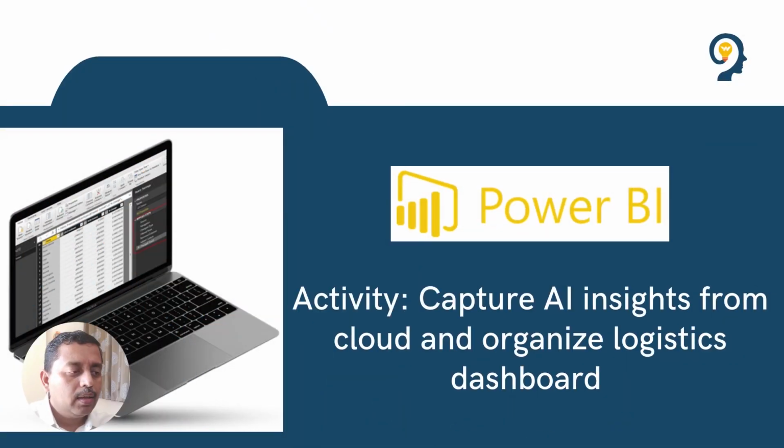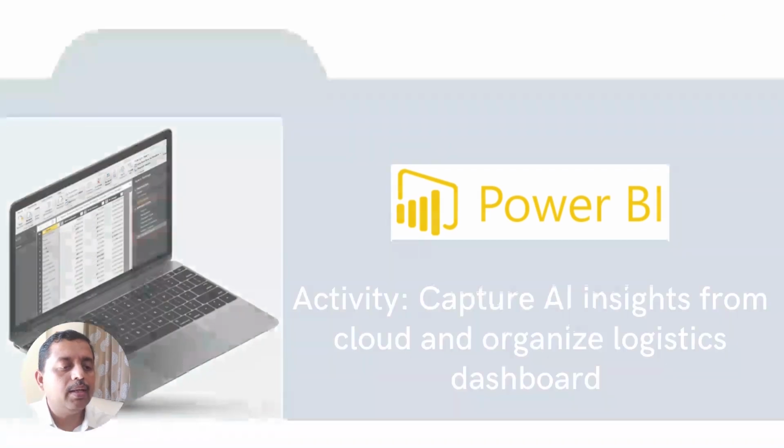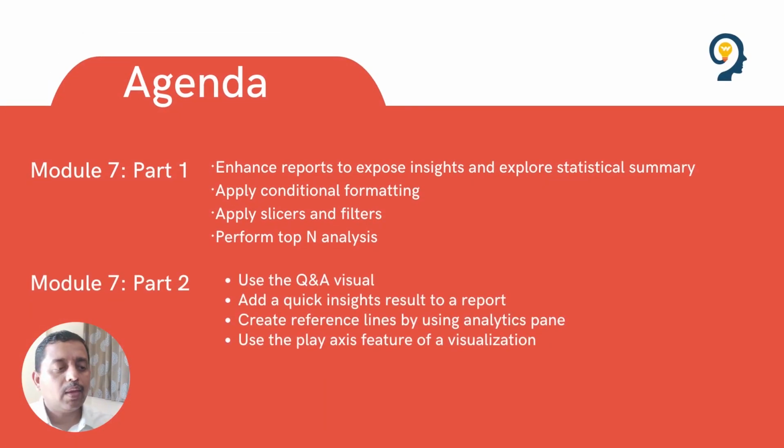So mainly the AI insights from the cloud, and we have seen in the logistic dashboard how it works, how to capture those things. So this was actually the part that we wanted to discuss in this particular module. Majorly from the perspective of statistical summary, we discussed top-end analysis. This was one of the factors, and then we saw some examples of play access, and all these things have been shared with you as a worked file in this entire folder. You have to just search for those files and then access them.